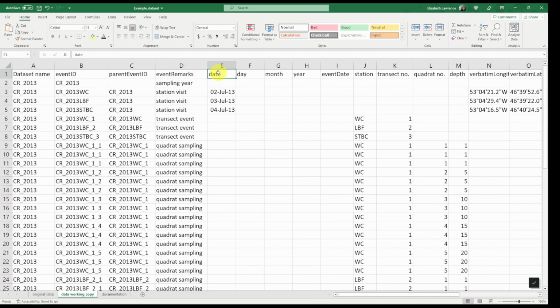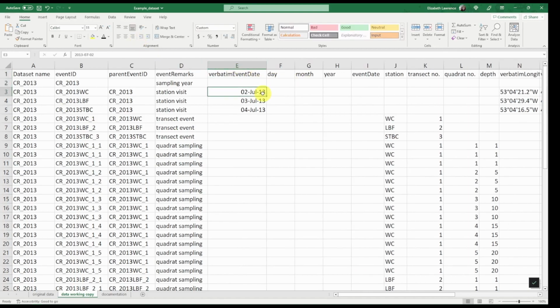We will rename the other event date column to verbatim event date. Now let's parse out the dates. Starting with day,